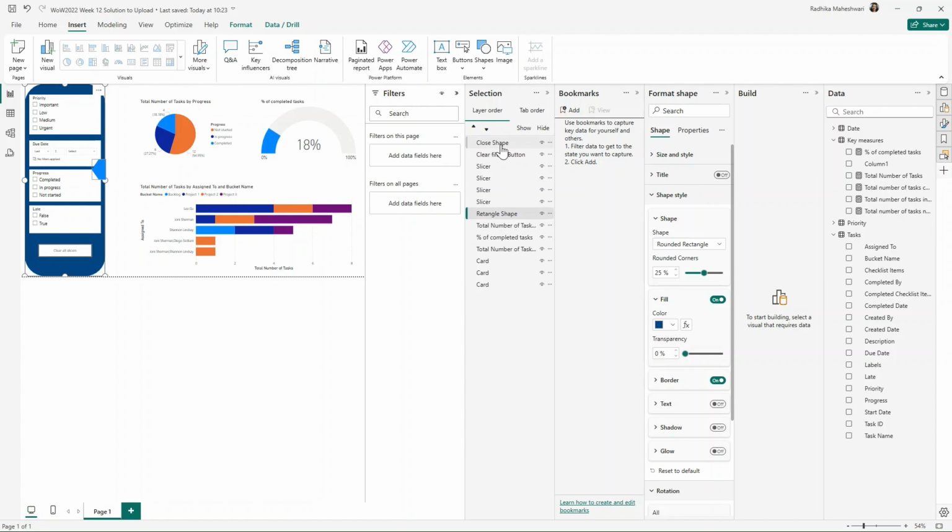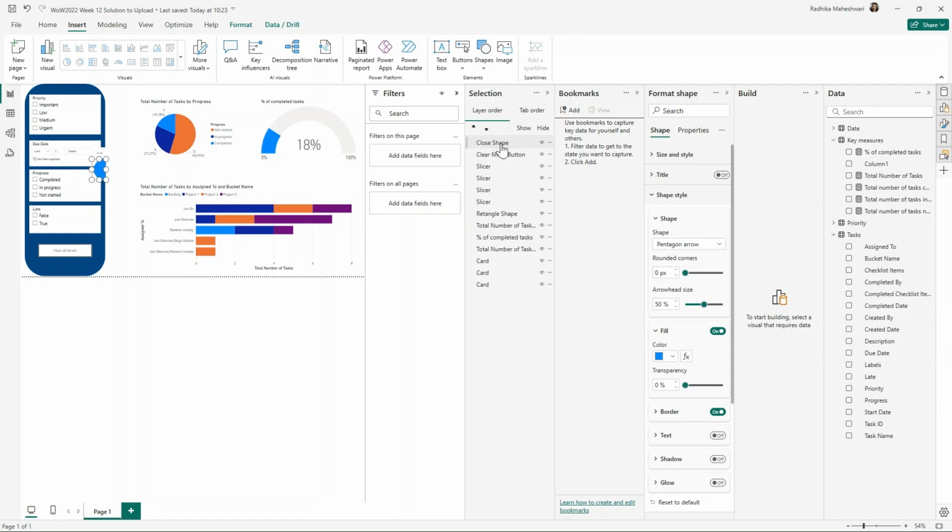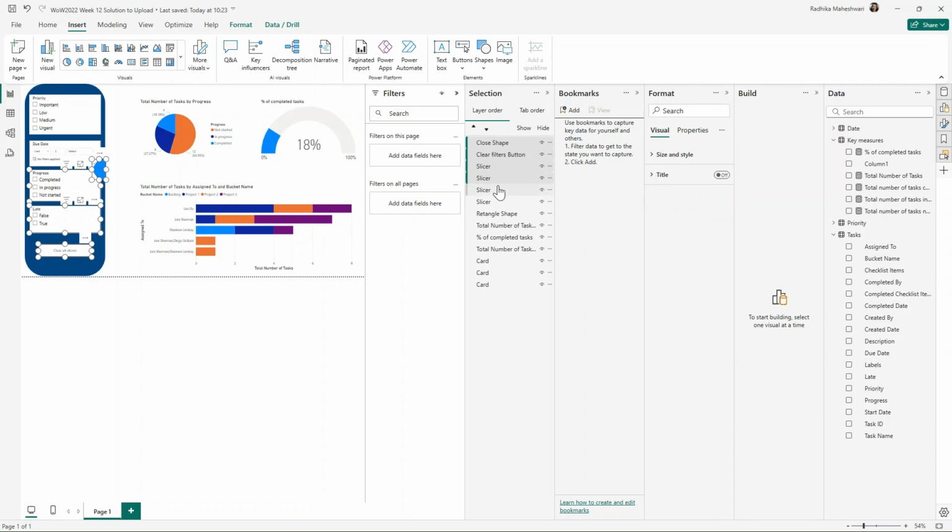So I will click on this close shape and then press control and click all of these visuals. And now I will right click from here and select group and call this show filters.